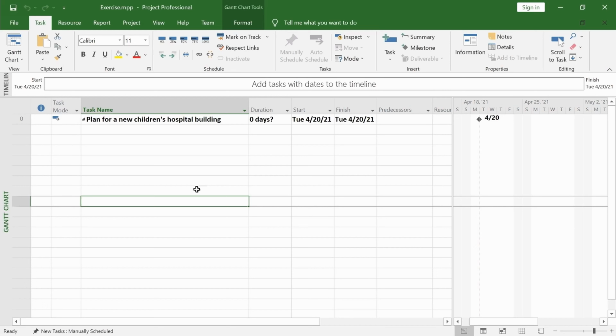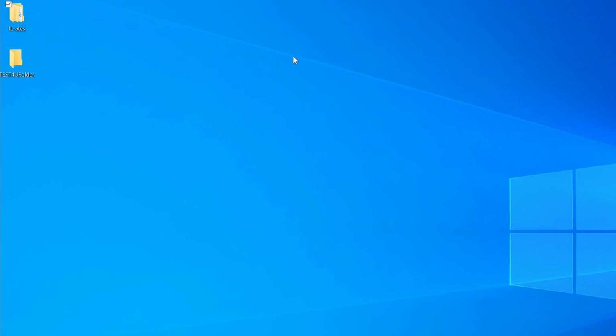A lot of us create an initial plan in an Excel file with some basic project structure, many times with the estimated duration of the tasks. One of the ways to move these tasks inside Microsoft Project is to simply copy and paste them. Navigate to the proper folder and open the Excel file.